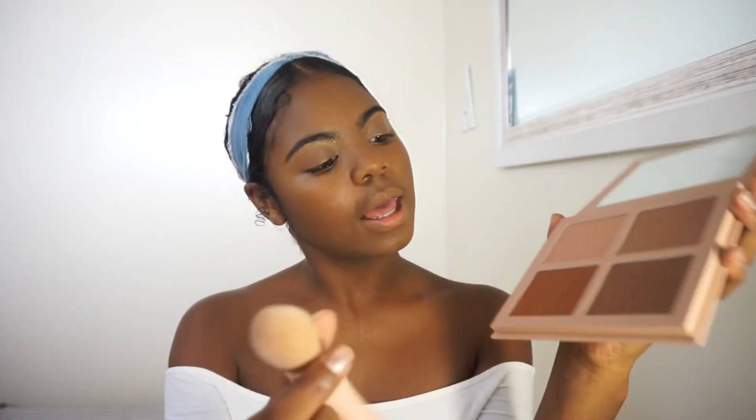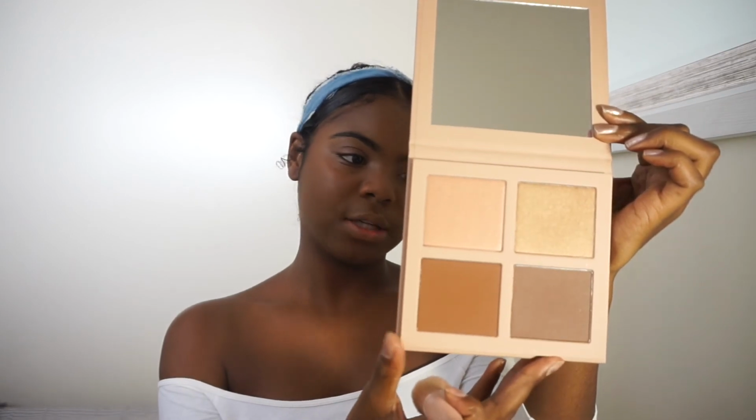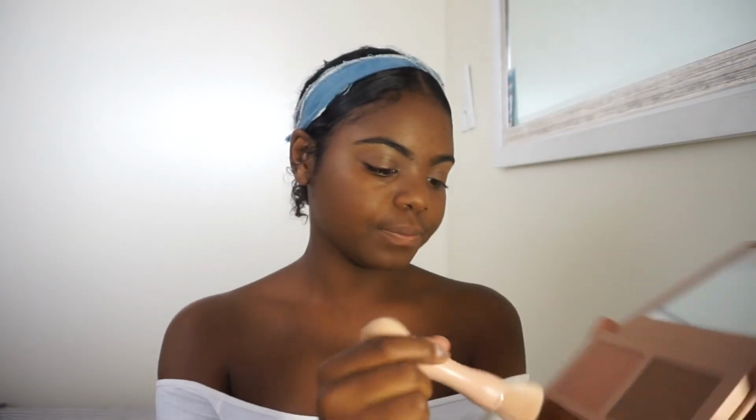I'm very disappointed. Okay, here's the warmer tone, the warmer contour tone, and then here's the darker tone. I think those are dark enough to contour with, but it won't give you a super duper sculpted look, but it will give you a nice natural contour. So here's the first highlighter, and then the second one is down here. So I'm gonna dip into the warmer contour, and on the back she doesn't have names for them. They're just highlight 1, highlight 2, contour 1, contour 2. So yeah, I'm just gonna,